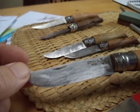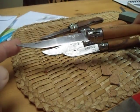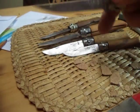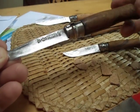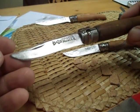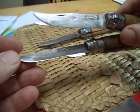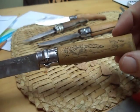Not to worry. This is a slimline one, good for filleting fish, and it's quite a handy sort of dinner knife, as in knife and fork. Here's two number 10s. This is an old one I've relegated to use in the shed for wood carving, and this is a number 10, a number 8 as well, which I